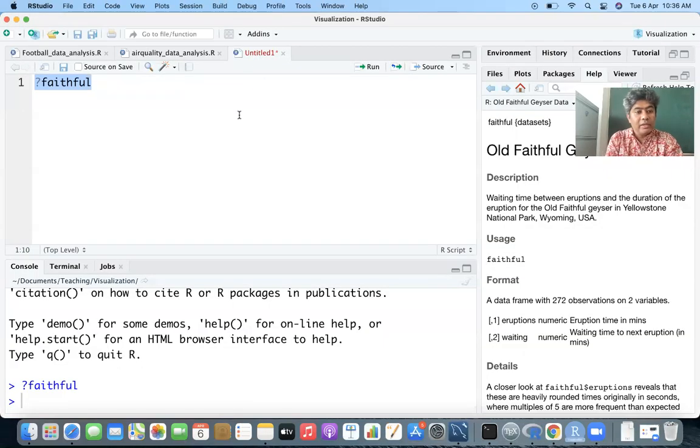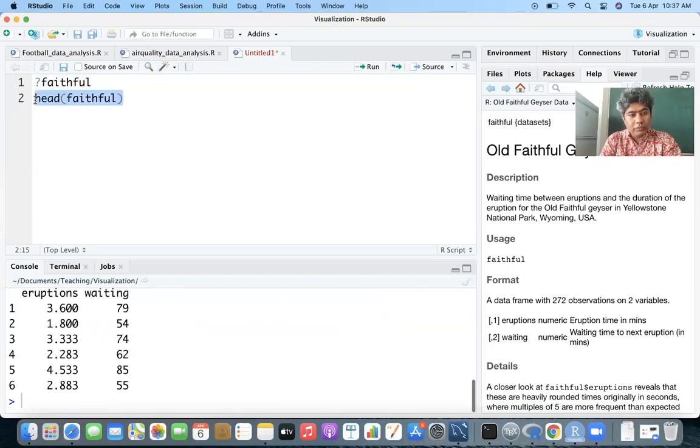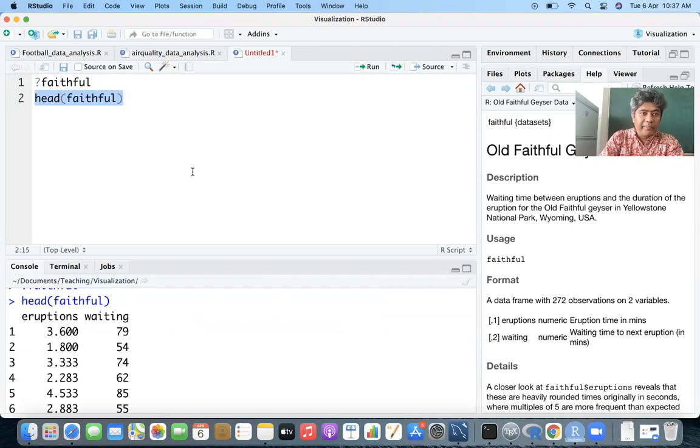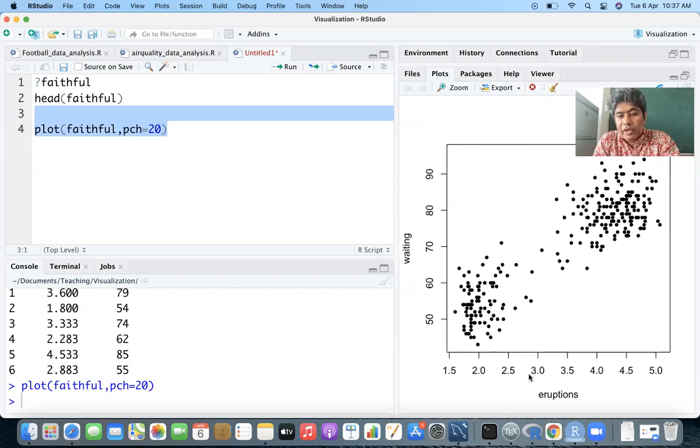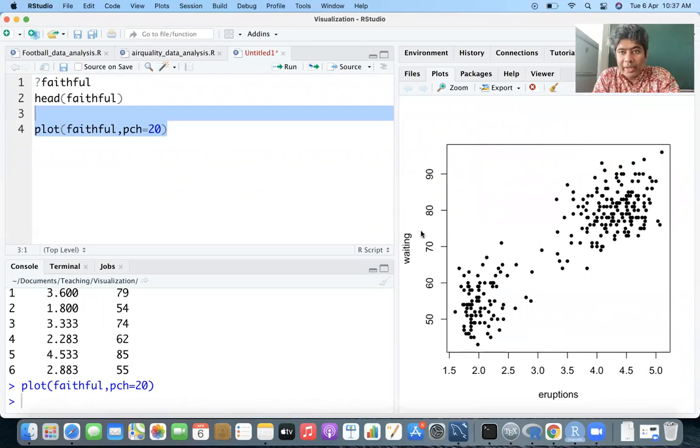Let us go back to the data. This faithful data gives you two variables. One is eruptions, another is waiting. If you plot these two variables, plot the faithful data, you can see the scatter plot. On the x-axis I put the eruptions, and on the y-axis I put the waiting, and you will